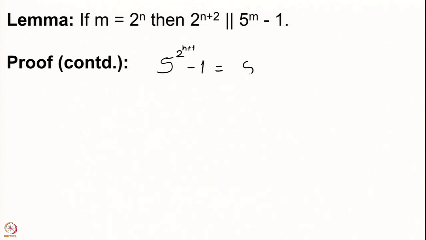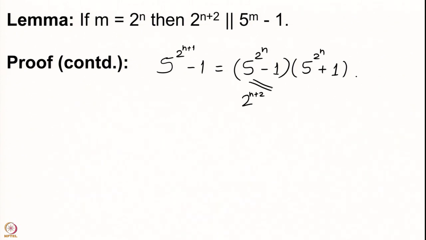But this can be written as 5 power 2 to the n minus 1 into 5 power 2 to the n plus 1. And we have seen that 2 power n plus 2 exactly divides this. This quantity is of course an even number. So, 2 divides this number, but note